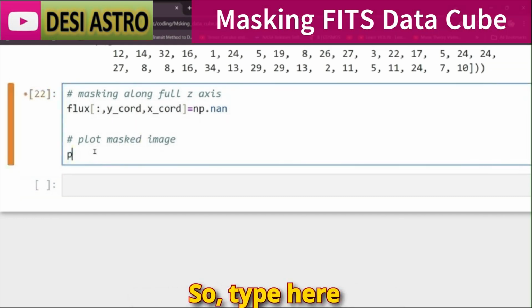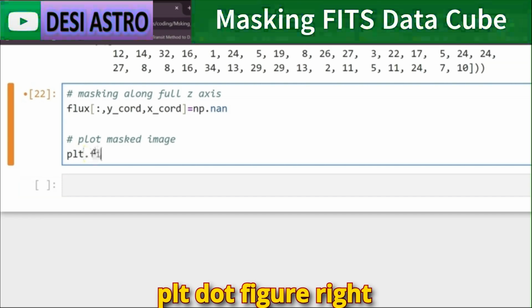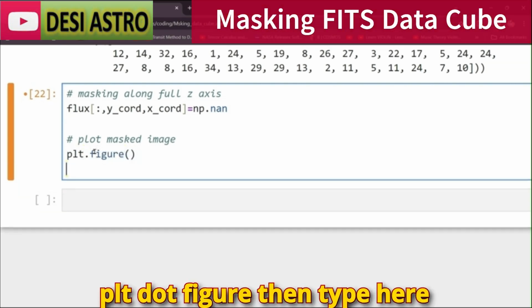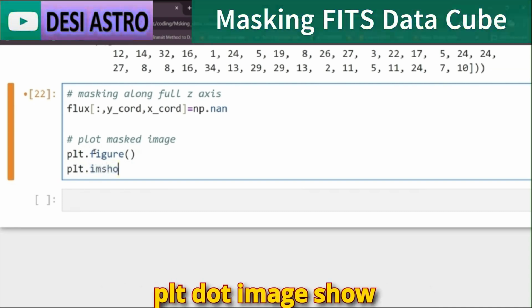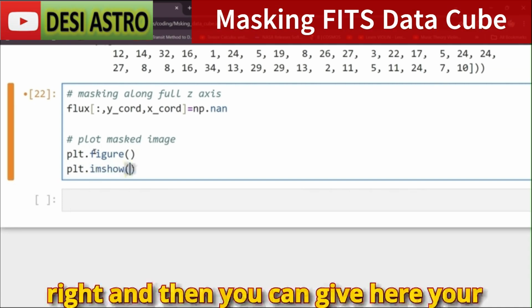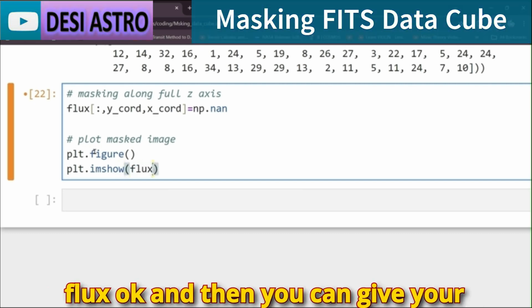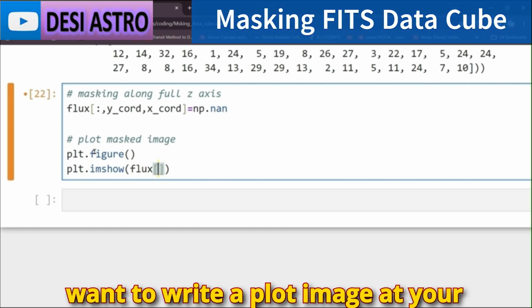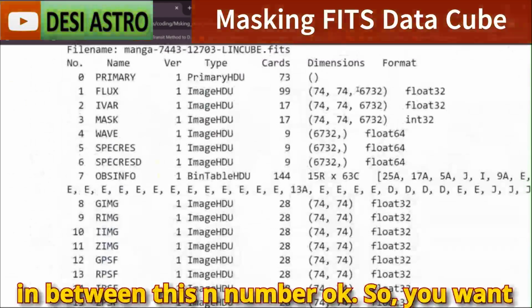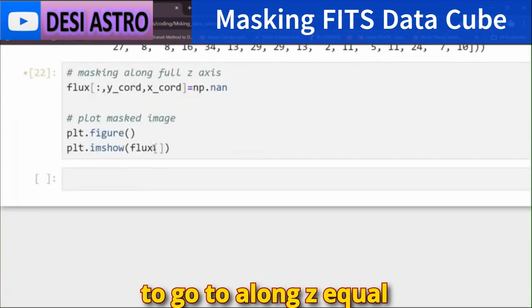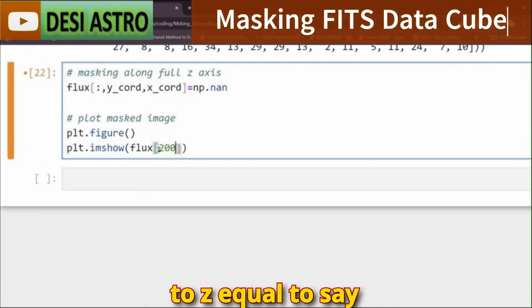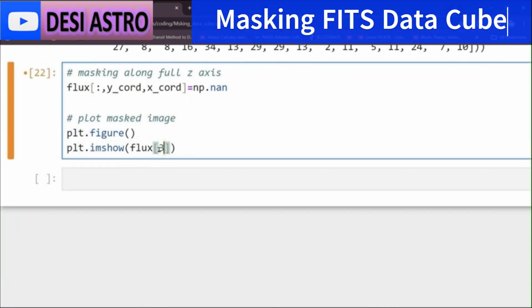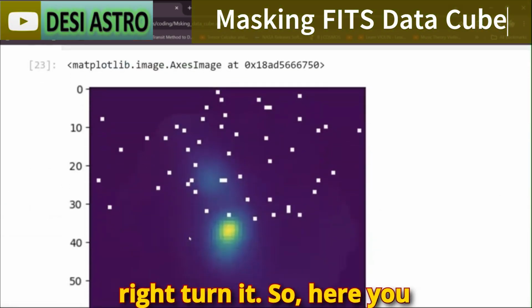So type here plt dot figure, then type here plt dot imshow, and then you can give here your flux. Then you can give your whole z axis, or if you want to plot the image in between, any number. So you want to go along z equal to, say, 3200 index, and then give your spaxel. Run it. So here you can see that